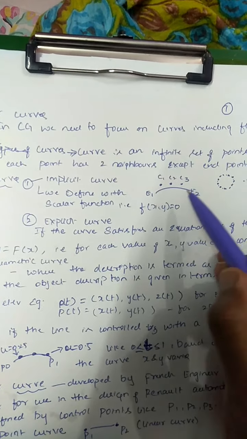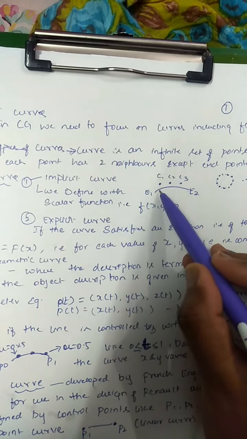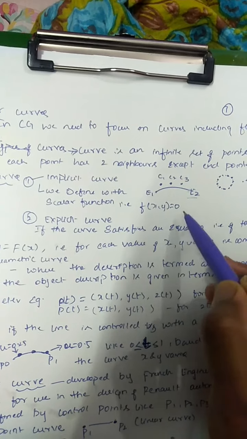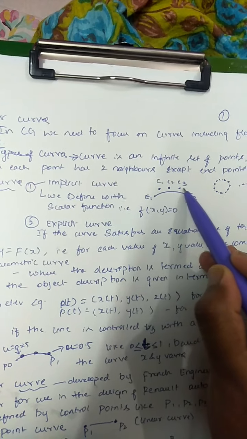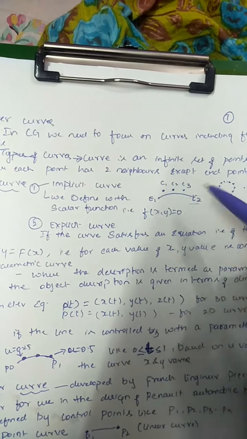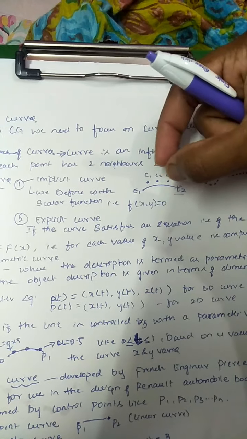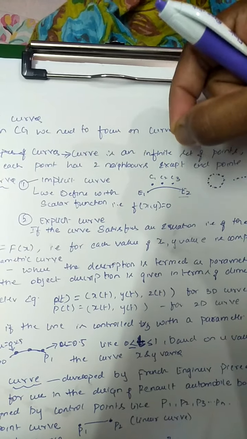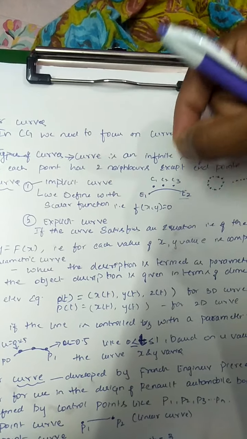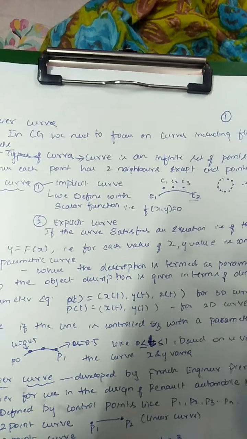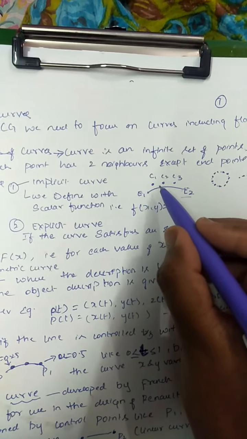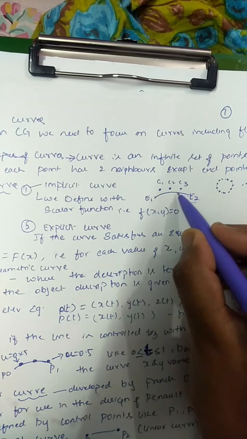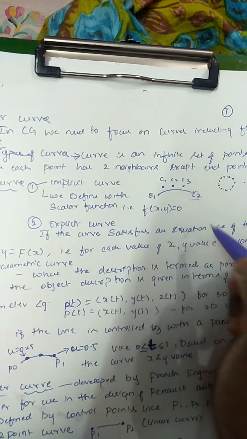So consider a curve like this. I have just written a curve. If I consider these are the endpoints e1 and e2, there will be a few control points about it, on which pulling or altering the points of these control points, I can vary the curve shape. So if these control points are not inclined with the curve line, we call it an implicit curve.